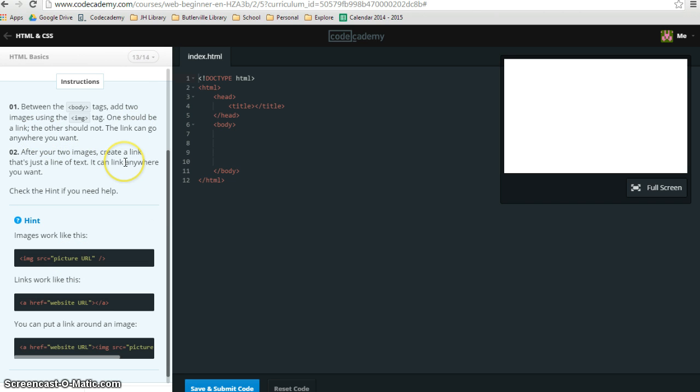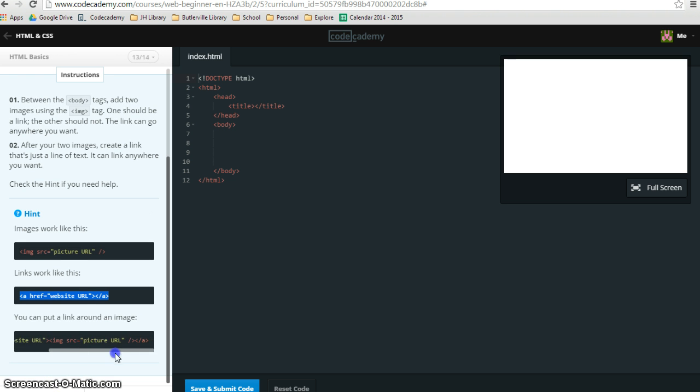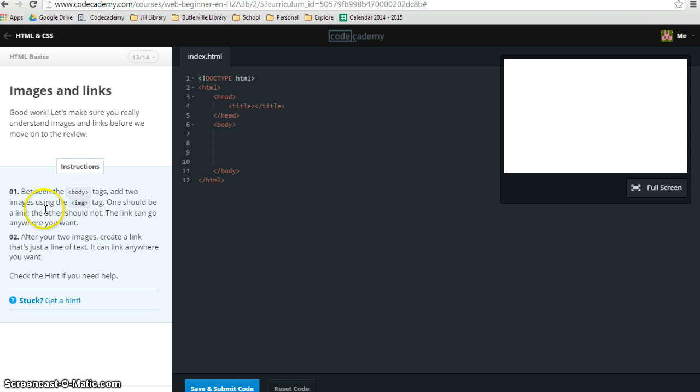In the last 3 or so exercises, you learned to insert an image, which looks like this. You learned to insert a link, which looks like this. And then you learned to insert what's kind of a combination of the two, an image that is a link, and that looks like this. So that's basically what they're asking you to do in this lesson, is you're going to be creating one of